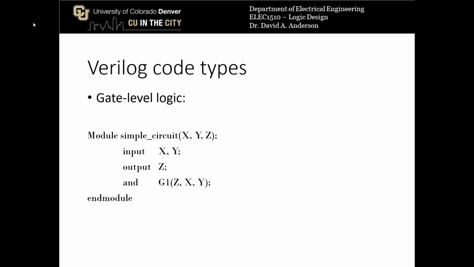Let's discuss some of the Verilog code types that we've already gone over in this class. The simplest is gate-level logic. Now, if we wanted to design gate-level Verilog for just a simple AND circuit where we're taking an AND function of x and y and producing the variable z at the output, this is what the gate level logic would